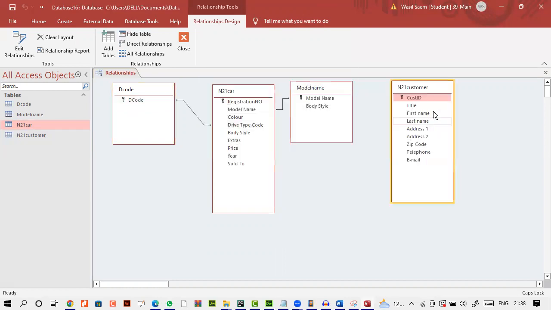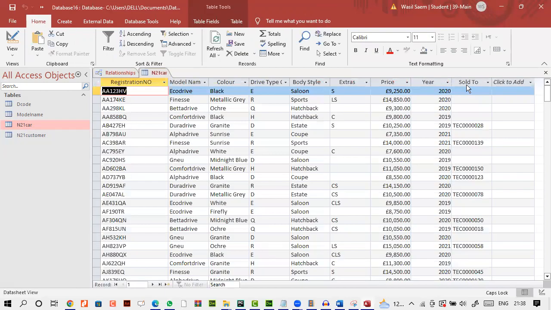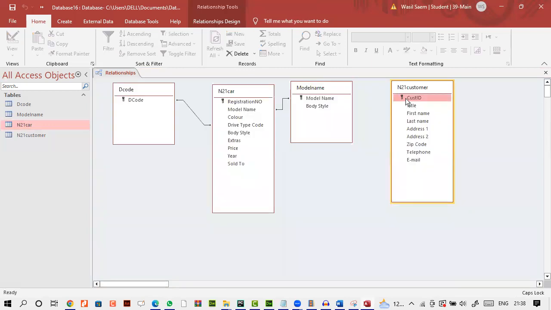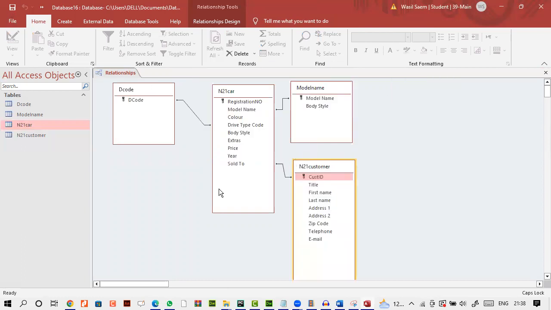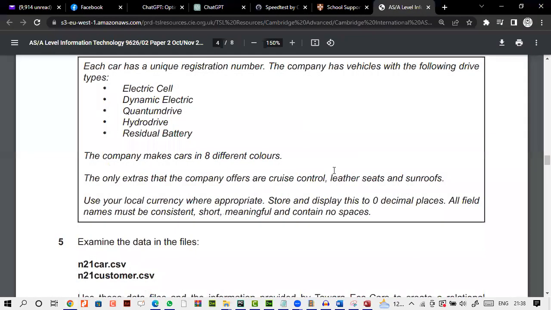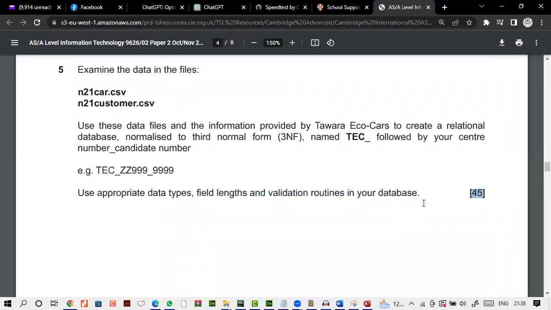Then what I have over here is what? Let's see. With what can it be made? Sold to. Remember, what was inside this? This was the customer ID. Sold to was the customer ID. Remember? Yes, sir. Customer ID and sold to, this will be made. Your relationship is made. This is what we've done. Now this is where you had 45 marks, a lot. I can stop the recording because I don't want it to be